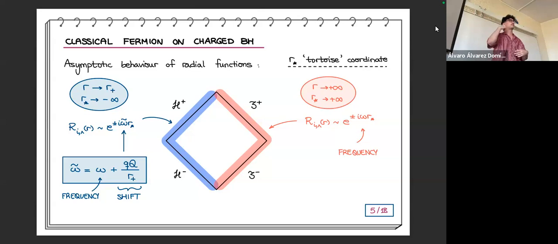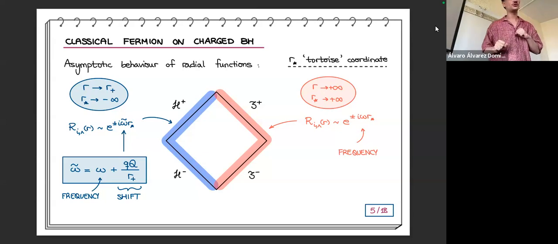So the point here is that if we wouldn't have charge, if we didn't have that interaction between the charges, for example, if we put a scalar field in a Schwarzschild black hole, then that omega tilde would be equal to omega, okay? And then, and this is a spoiler, we wouldn't have superradiance, okay? Because it's very important that omega tilde is not equal to omega, okay? So that's the point until here. Any question or whatever? I mean, you can ask whatever you want. I'll try to answer correctly, at least.